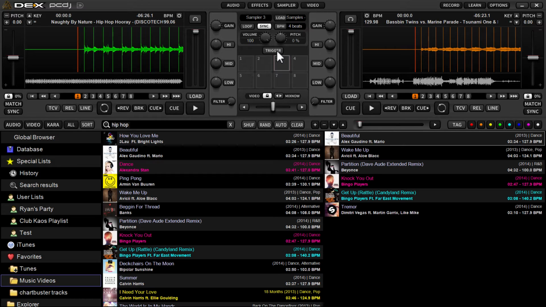And in order for the sampler to become active, you first have to enable the trigger function. You do have other controls here. You have volume control that'll affect the level of the sample that plays back over top your audio, and also pitch control, so you can vary the pitch of the sample either on the fly or beforehand by just obviously grabbing the knob and twisting it. Now if you right click on the knob, it'll center it back to the 0 position. So now all you've got to do is obviously click the pad,